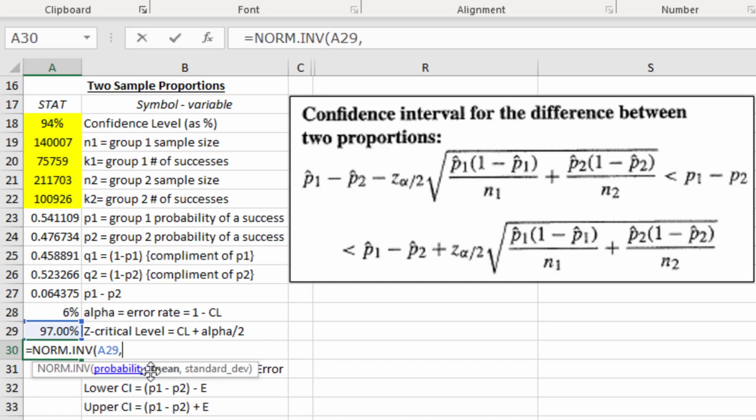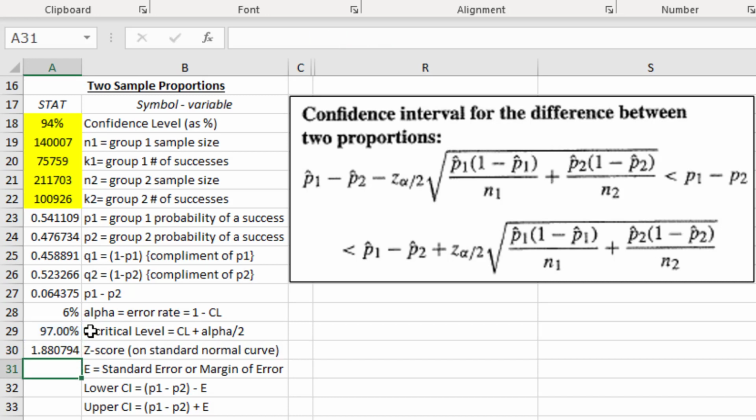And then comma, the mean and standard deviation, because we have the Z-score and we're living on the standardized normal curve. The mean is 0, standard deviation is 1. So that tells us that in order to have 97% of our area under the curve below us, we would have to have a Z-score of 1.88,